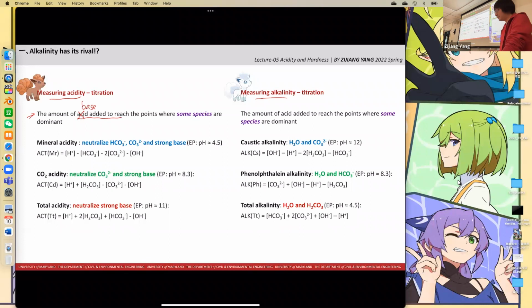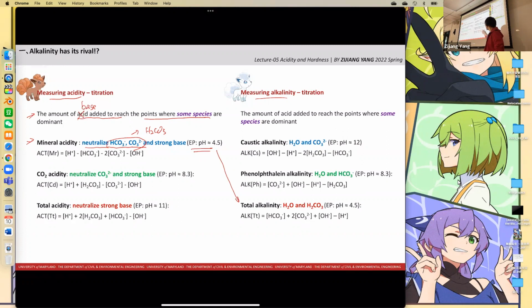So acidity refers to the amount of base added to reach the point where some species are dominant. In this case, for the mineral acidity, we can define it as this one. For mineral acidity, we want to neutralize these two species. And finally, we can have H2CO3 and the existence of strong base. And for the mineral acidity, the equivalence point is 4.5, which is similar to total alkalinity, like the pH,